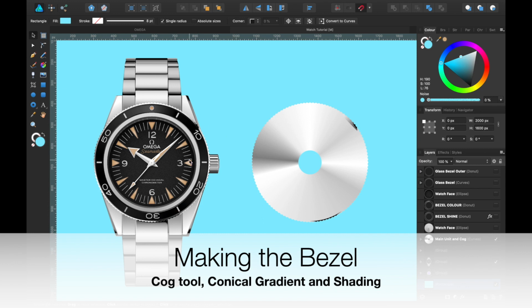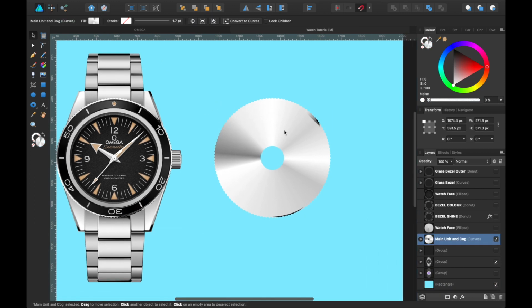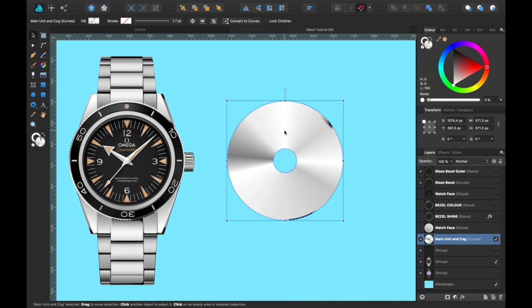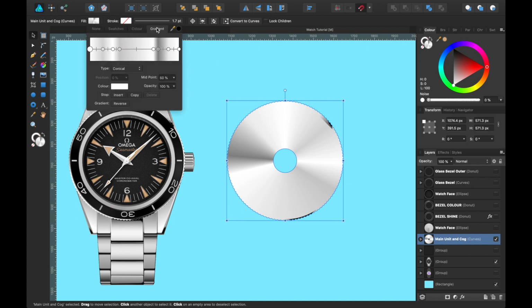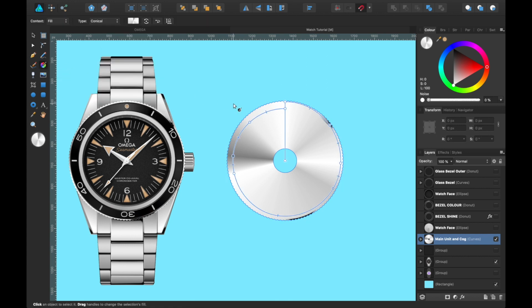This is the main area of the watch, where the teeth are and the halo with the donut tool. Remember, we made that. They're all different sections. So I'm going to show you the first section, which is the cog tool, which we made earlier. And on this one, which is taken directly from this watch, this one has a fill of a gradient. And before we just had it blank, but this time we have a gradient. So I've set the gradient to conical, and I've added different colors you can see here. I'm going to press on the fill tool so you can see how I've worked it out.